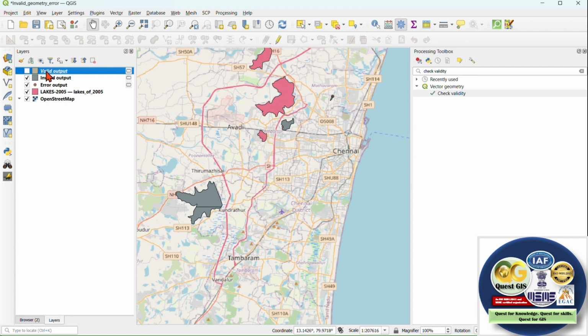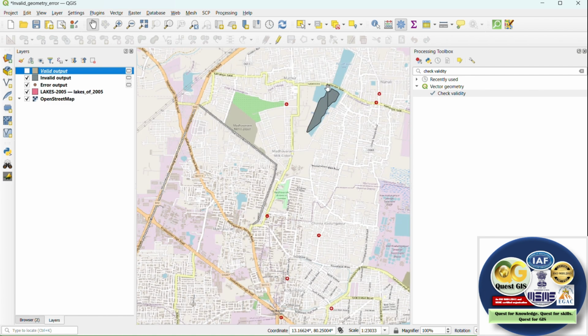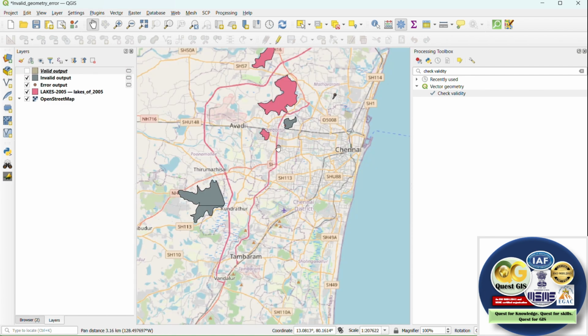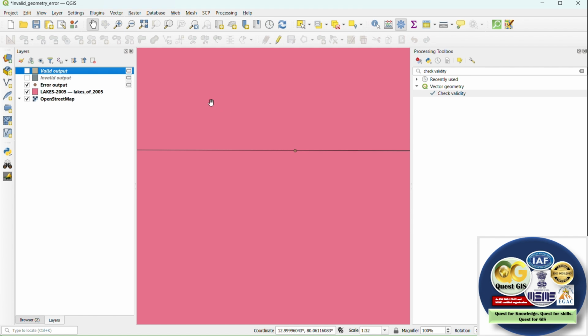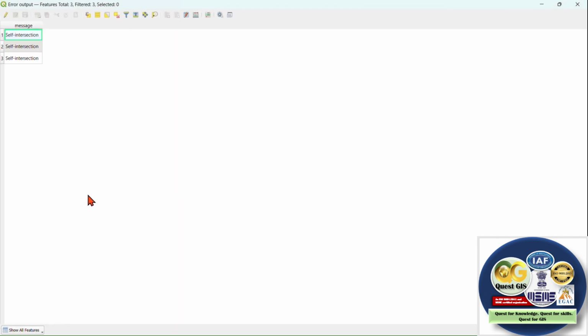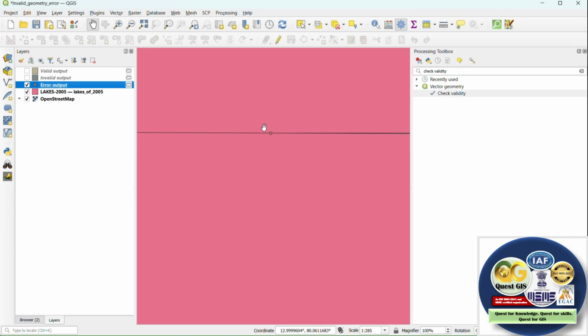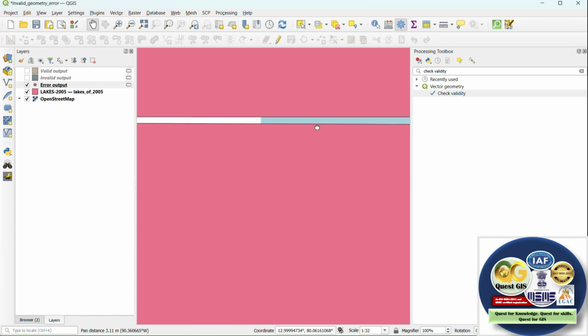So let's switch this off. We don't have to do anything with this. Let's find out where. This color shows that all these three geometries, all these features that the person digitized, have some invalid geometry. Let's close these three as well, and it again shows you the point where it became invalid. Let's open its attribute table. You see the problem here is self intersection. Let's see what the problem is. If I zoom in, you see there is some gap and there must be some tangle here in between.